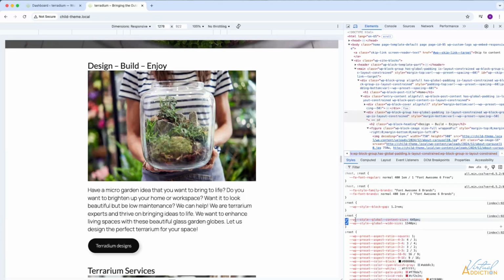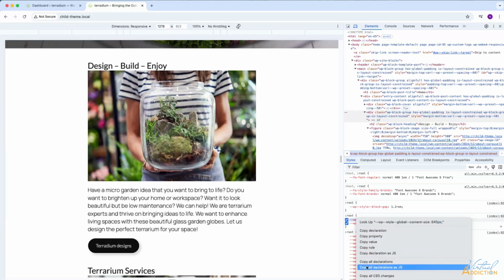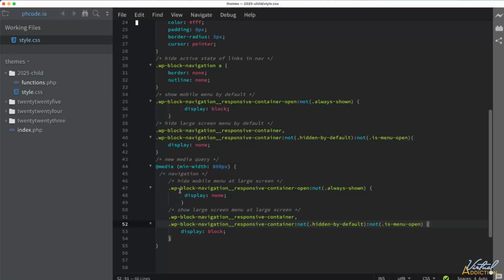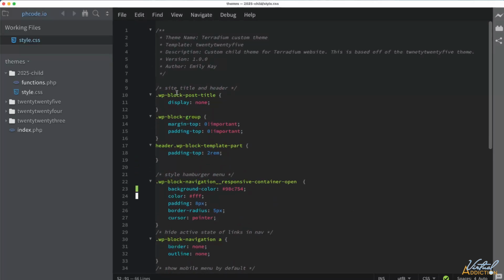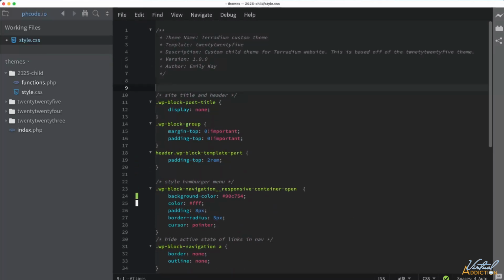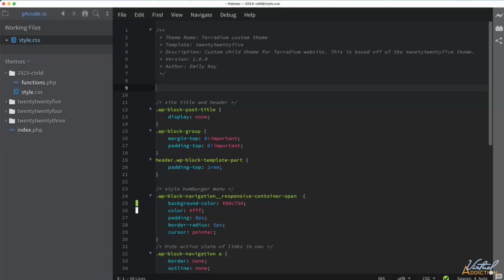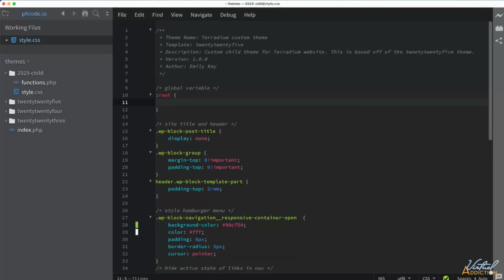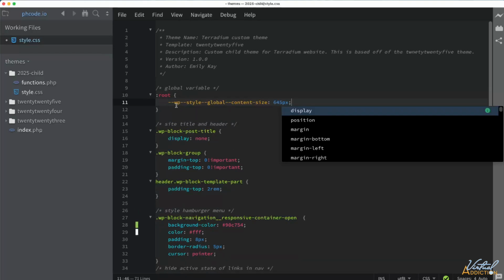So what I'm going to do is I'm just going to copy the variable. We'll jump back into our custom CSS. And I like to put my variables at the top of the page. It's just kind of a habit that I've gotten into. So I'm going to go ahead and make a comment here that identifies this as a global variable. And then we'll go ahead and use our :root as the selector. That's going to get everything. I'll open my curly braces and I'm going to use the same variable name, but we're going to change the